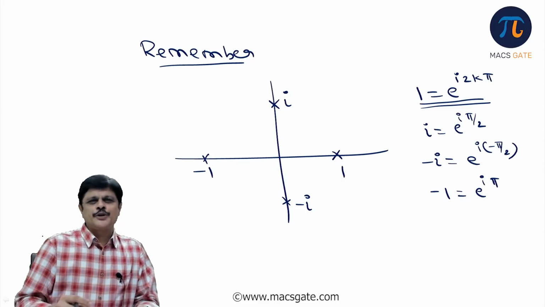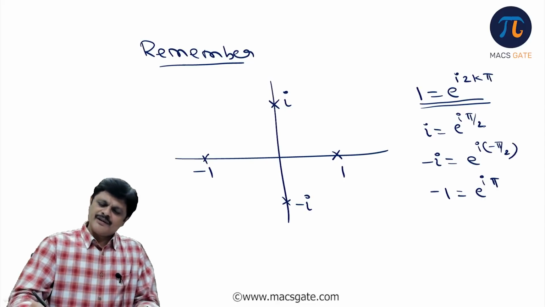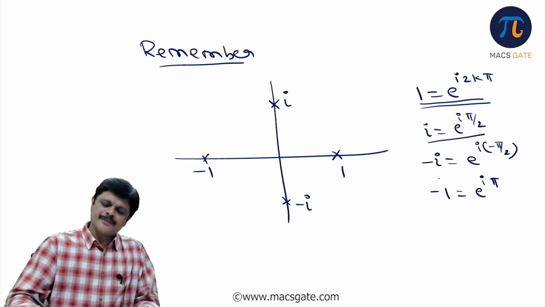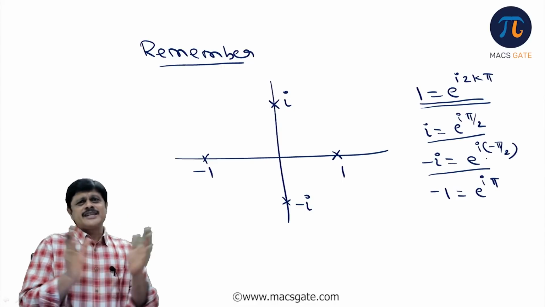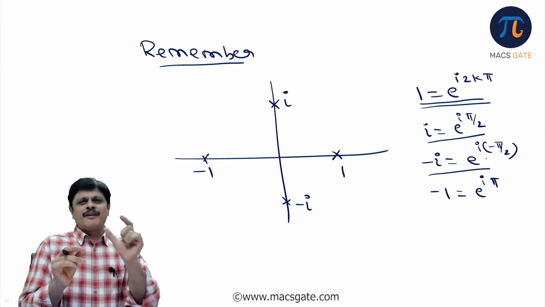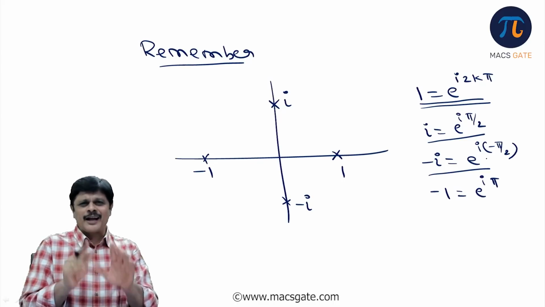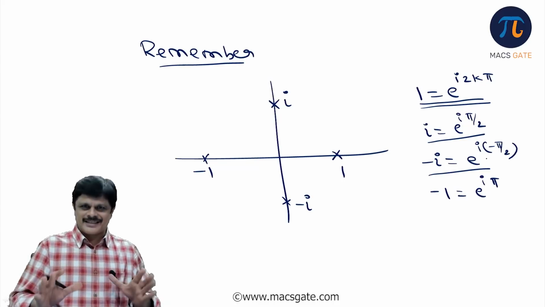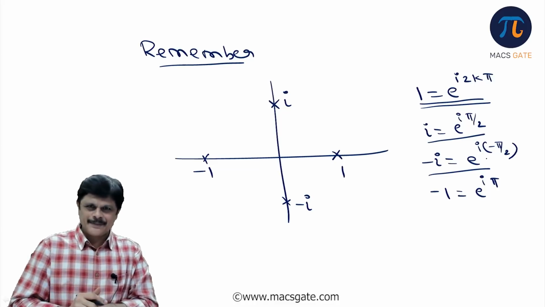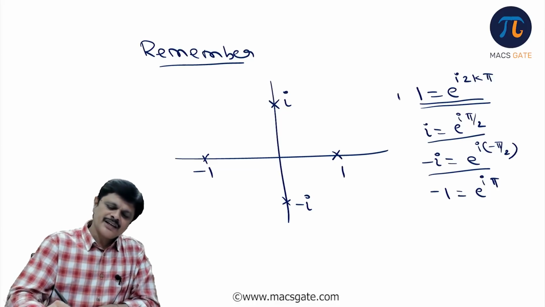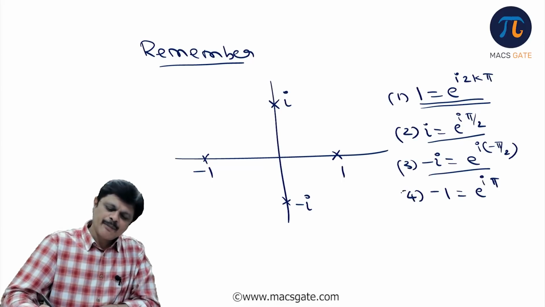You want k is equal to 0, you can put k is equal to 1, plus 1, minus 1, plus 2, minus 2, like that you can put it. For all these also you can write general forms. See, general form does not mean infinite answers, sir. Only one answer is there, but that one answer has infinite forms. Any one form you take. That is the idea which we need to understand. So these 4 important numbers you please remember.